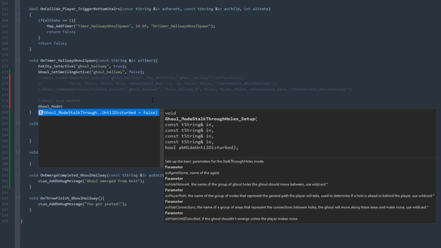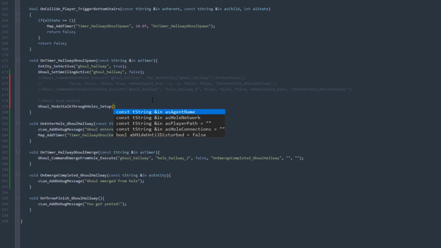But let's go ahead and talk about how we set this up. So we're gonna go ahead and hit enter here. First thing we want to put in is the name of the ghoul, so ghoul hallway, and then we'll do comma space. Now we need the hole network. So here's where we need to talk about something called wildcards. I might do a video on this topic alone, but it's not super